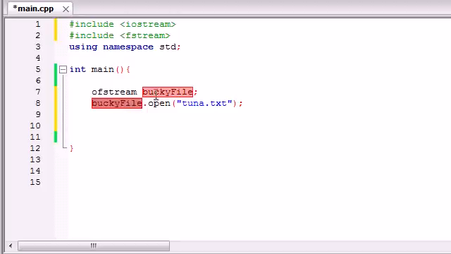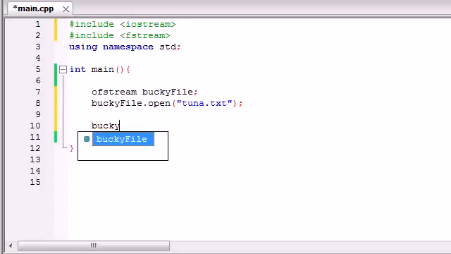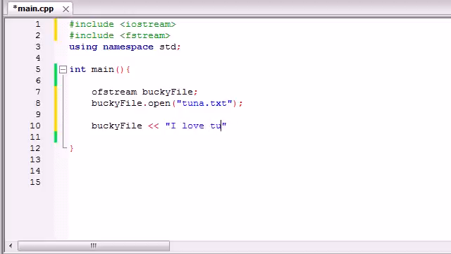Basically, Bucky's file is the exact same thing as tuna text file from now on. So now we can go ahead and output characters to that file or whatever we want to output. For example, you're saying, alright, how do you output to a file? What are you talking about? Well, just go ahead and instead of outputting things to your computer screen like we have before, we use that operator right there, those two little less than signs, and we just write some text like I love tuna and tuna loves me,